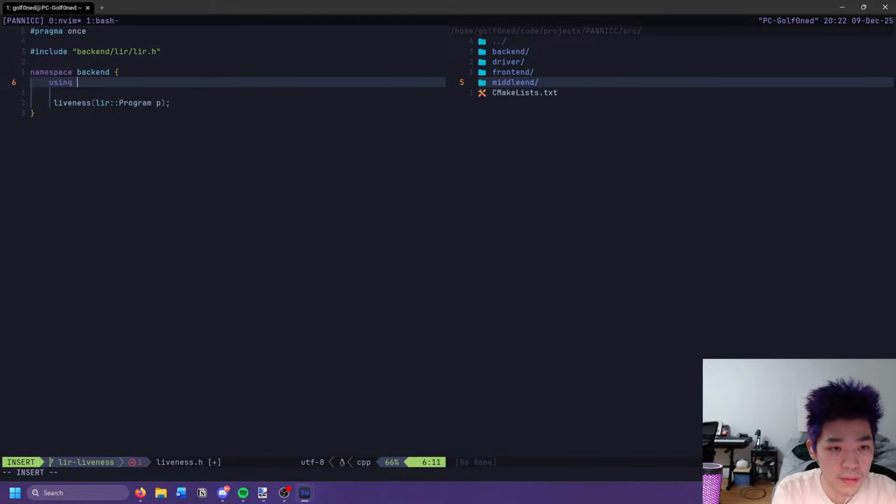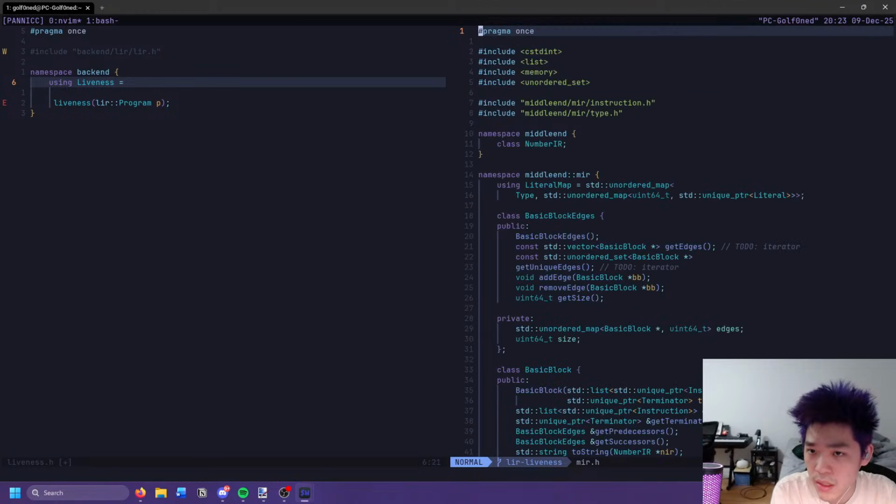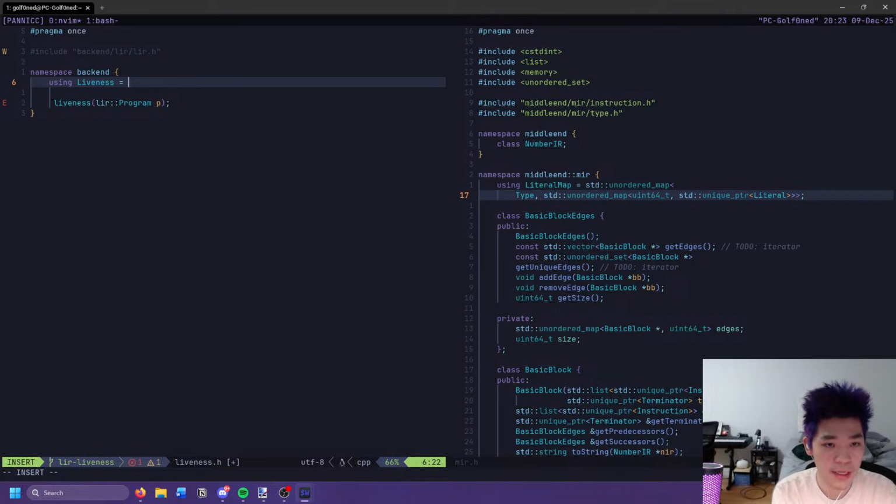Let's do using liveness. I think using is the correct way to do this, right? I definitely have a type alias somewhere in here, I think. Yeah, that is the correct way. So we'll just be ugly for now. A pair of vector, I guess, of some type, I don't know what type yet. Don't need in out. Why is that? Because I feel like I also want that for